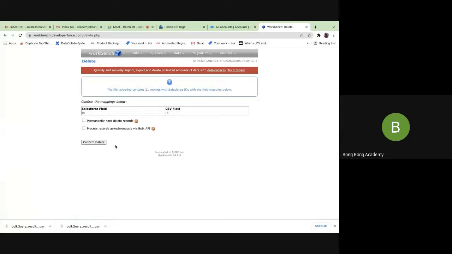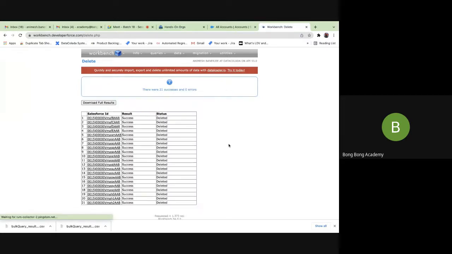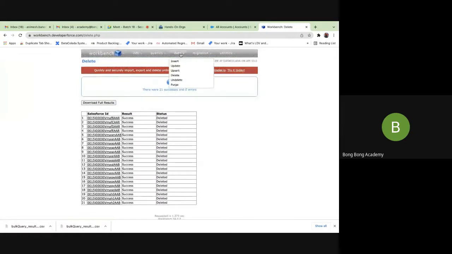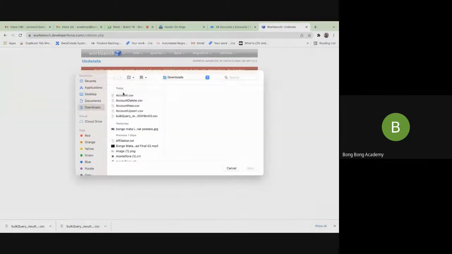my fields. And you see there are some things which we will discuss. So if I tick here, permanently hard delete, Salesforce also has a recycle bin of its own. If you normally delete a record, it goes to the recycle bin and stays there for 10 days. If you want to not move them to the recycle bin, to permanently delete them, then you tick this box. Otherwise, you can't permanently delete it. This is now deleted. Okay. So the only benefit is that you have undelete and you can bring them back from the recycle bin. So choose the same file.